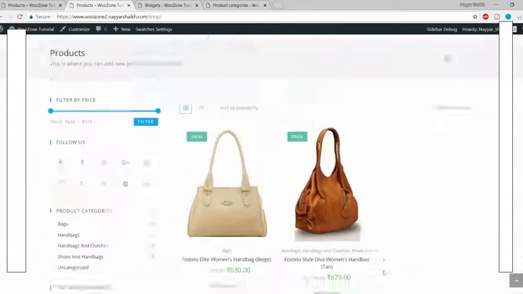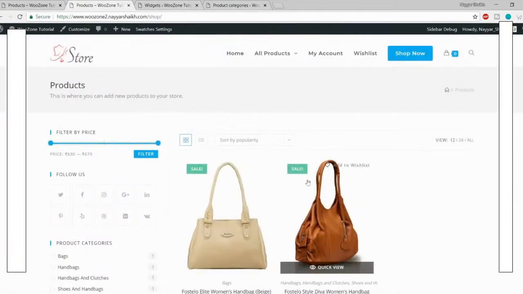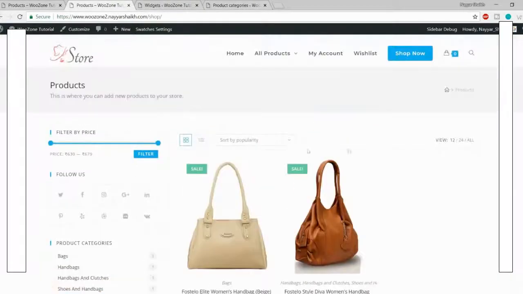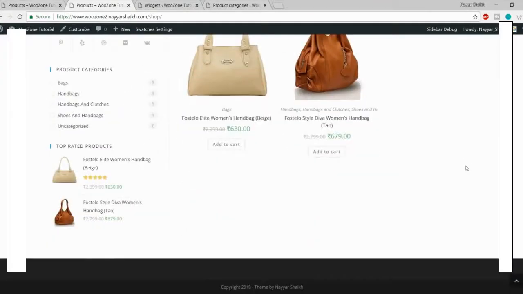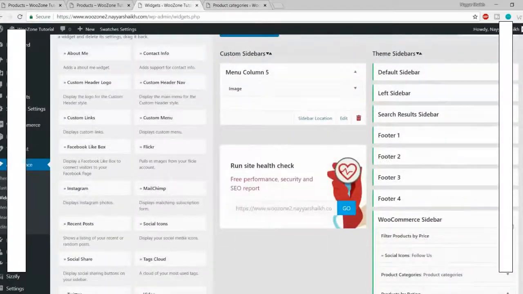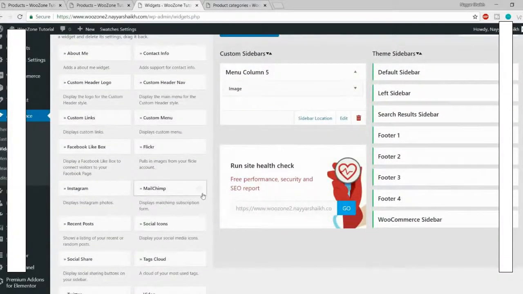Okay, so with this we have also completed the shop page, how you can display the shop page and a different sidebar for it. Now let's do the final thing, which is to change the footer widgets. We have some widgets used in the footer. Let's add these widgets. Again, in the same page under footer one, what we'll do first is